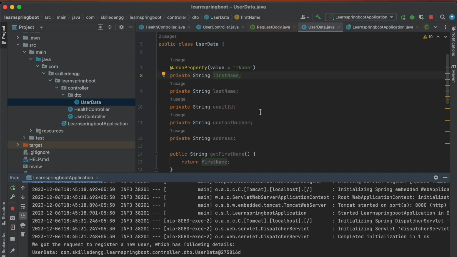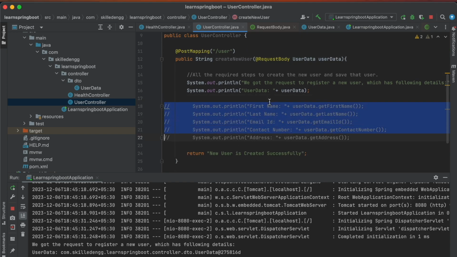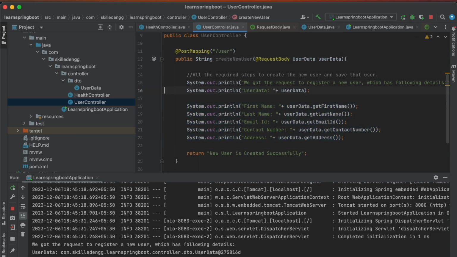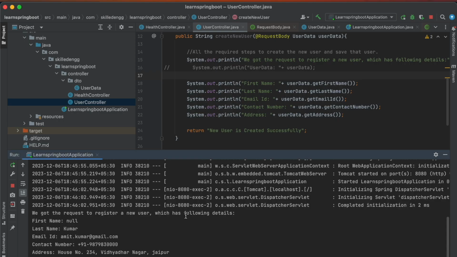Okay, so we had commented the logs. Let's uncomment those first. If I uncomment these and comment this one, and now rerun the application, our application is up again. Now if I hit send, it is successful.